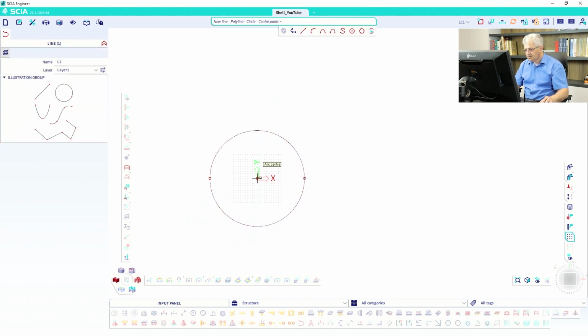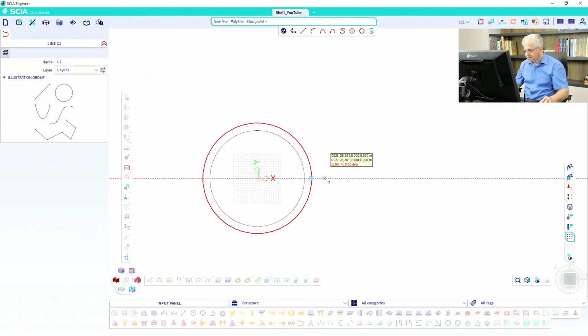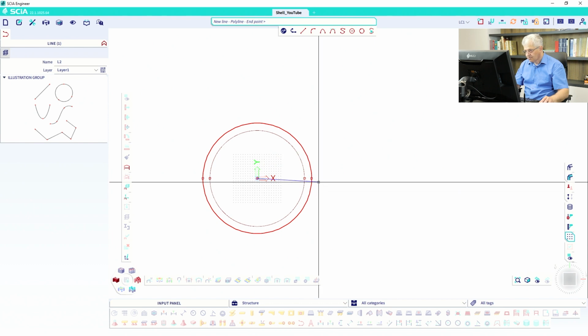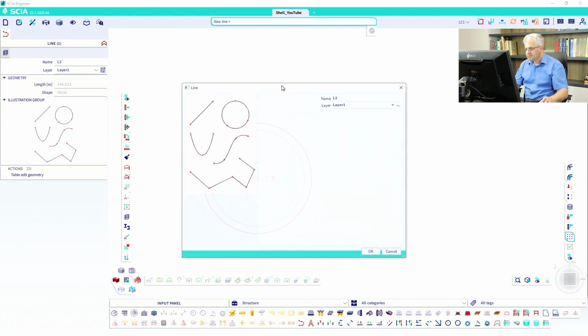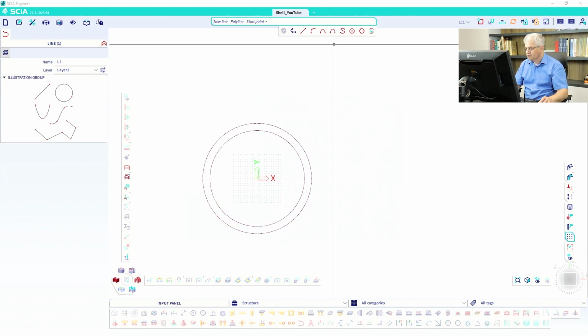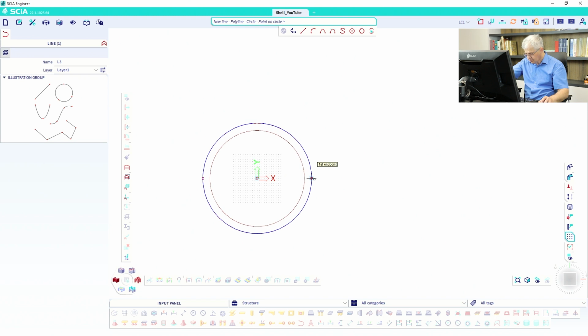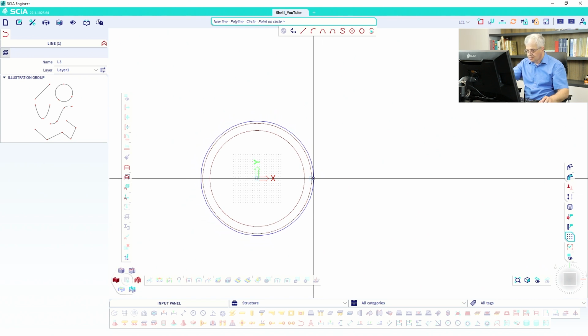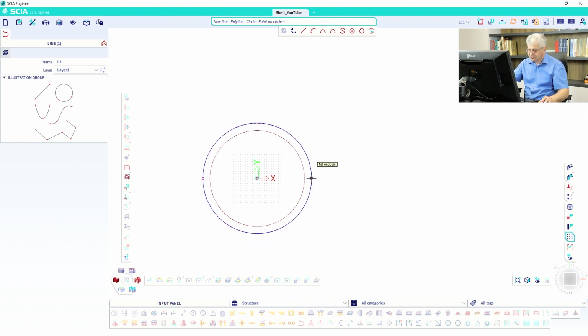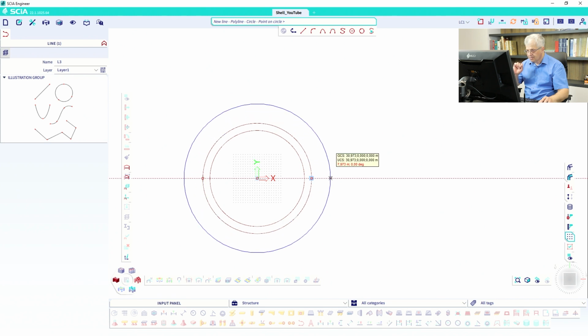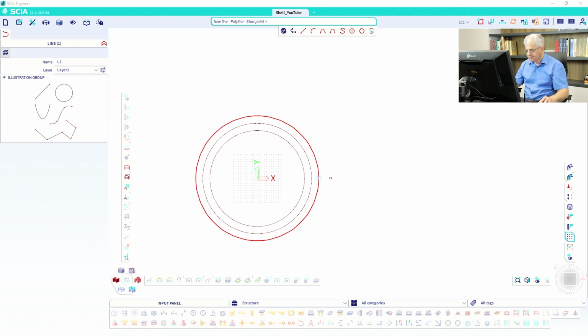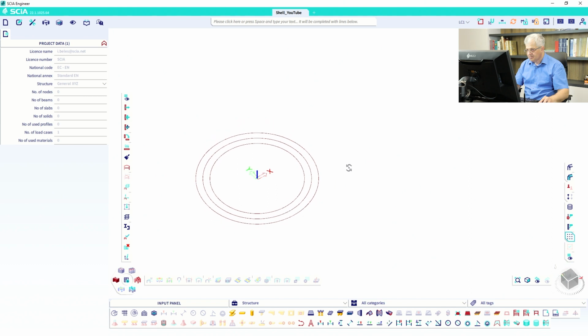again a circle from here. I use the shift button from here, 3 meters, and again the next one from here. With enter you can repeat your last command. Again a circle from here. With shift I use this. So I push the shift button, go with the mouse to this point, but I don't push any button on the mouse. I release the shift button on the keyboard, go to the right, and 3 meters. Okay. So we have some lines